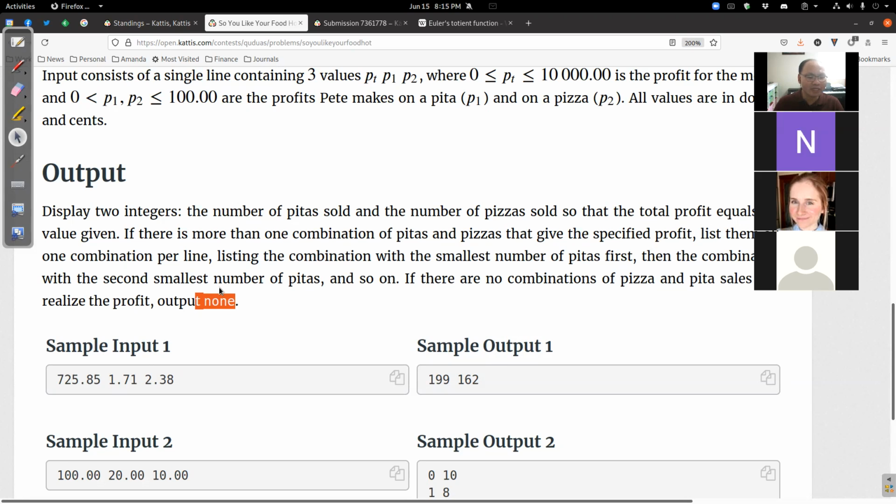The important thing is that you can only sell an integer number of something. You cannot say I'm selling half of something, because if you can do that, then it turns out that there's an infinite number of answers. Okay, so let's just